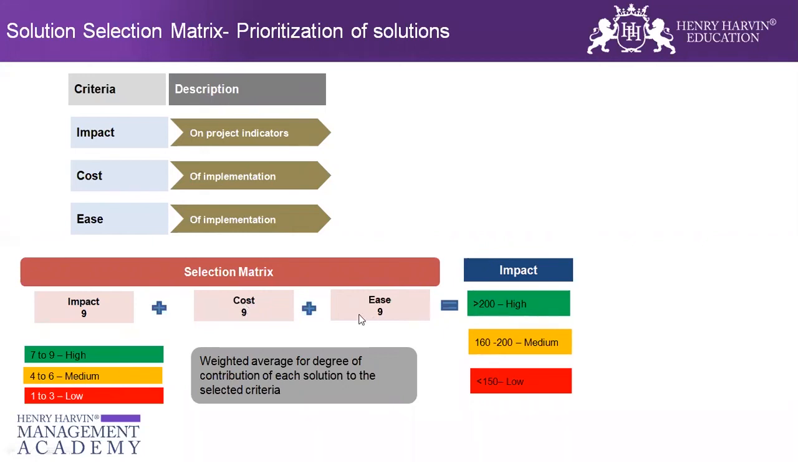And the third criterion is the ease, meaning how easy this solution is going to be to implement. Here also it is the opposite, because the higher